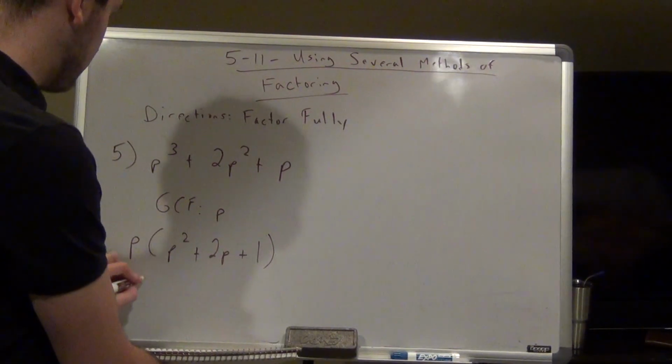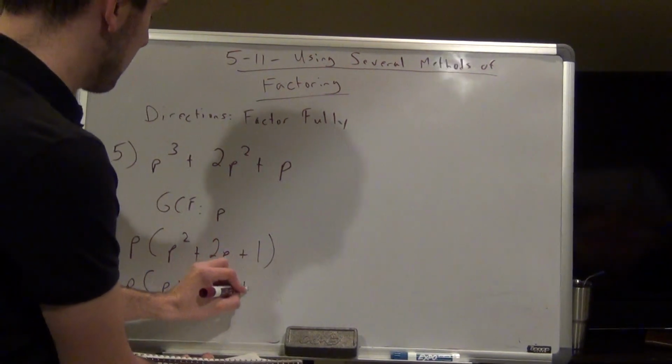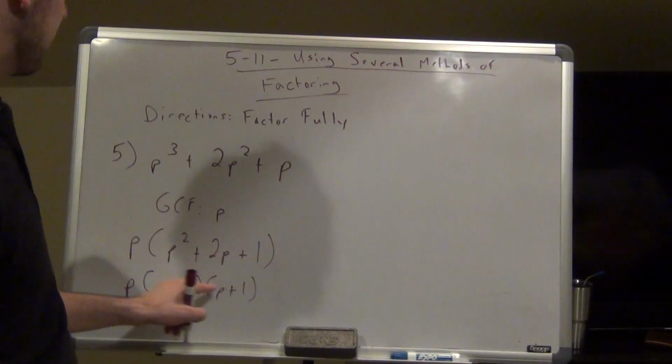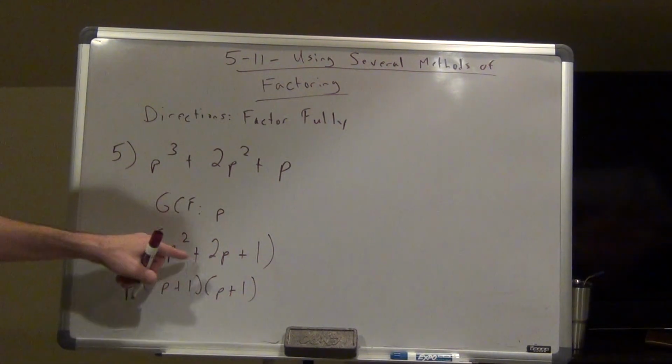Well, the p stays on the outside. Let's see, the only way to multiply to get 1 would be 2 positives. 1 times 1 is 1, 1 plus 1 is 2. Okay, we got it. The p, remember your GCF always stays on the outside, and I factored what was inside